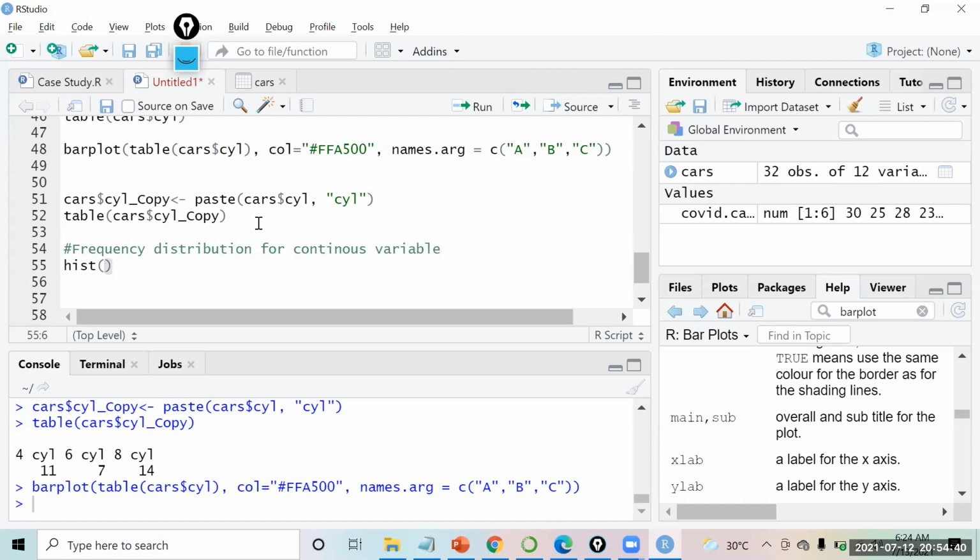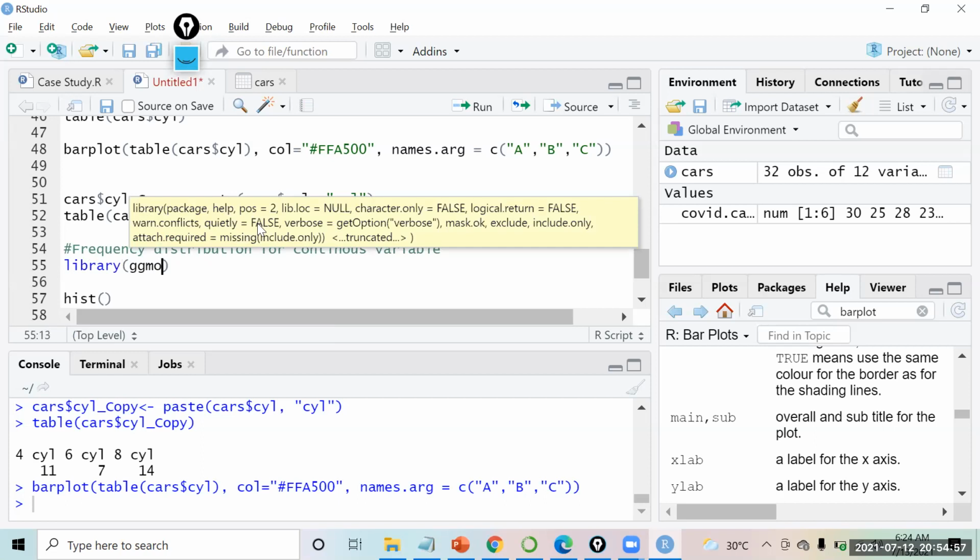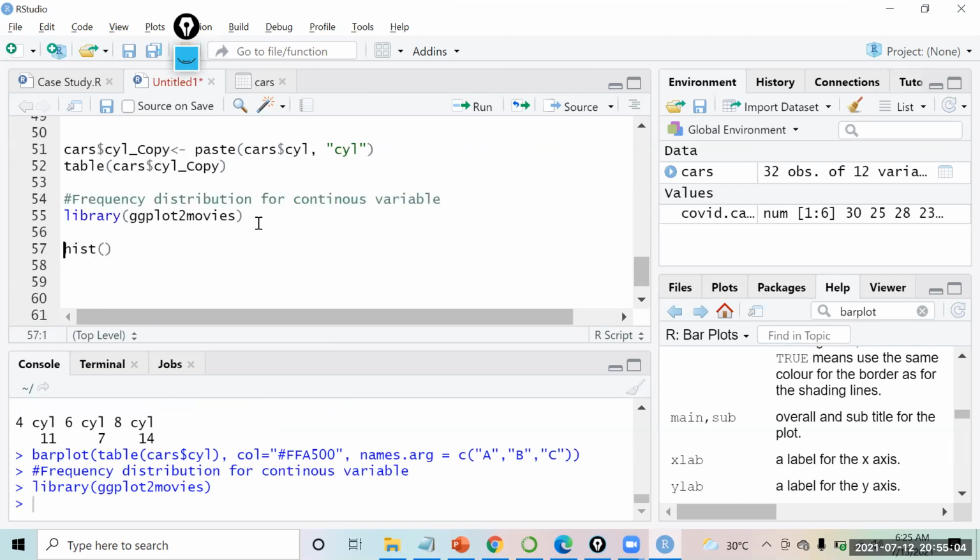Let me show you some data first. You all will have to install a package for that. I'm just trying to show you an example, which we will do in more detail with ggplot. So I have ggplot2 movies, a data set with me over here, that is movies.